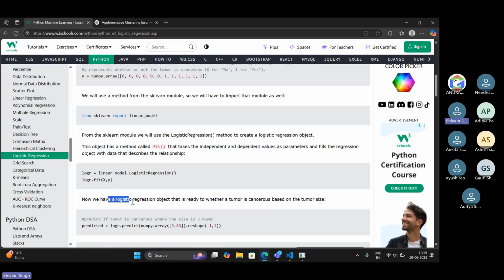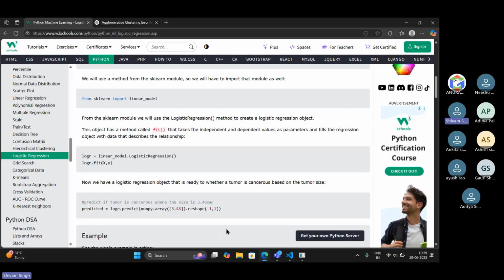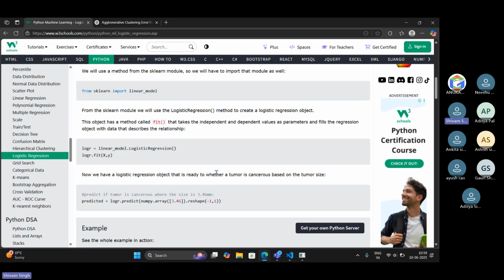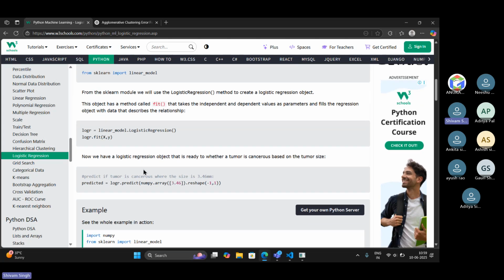So now we have a logistic regression object that is ready to predict whether a tumor is cancerous based on the tumor size. So we are trying to check whether a tumor is cancerous on the basis of the size of the tumor. Predict if the tumor is cancerous where the size is 3.46 mm.